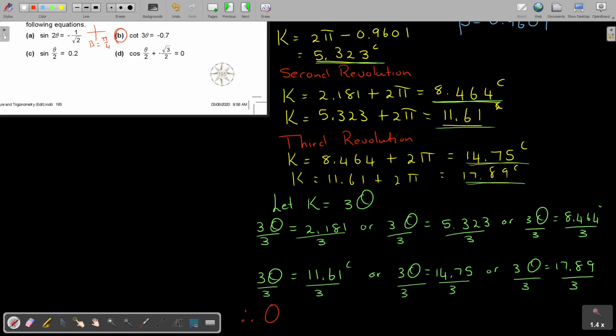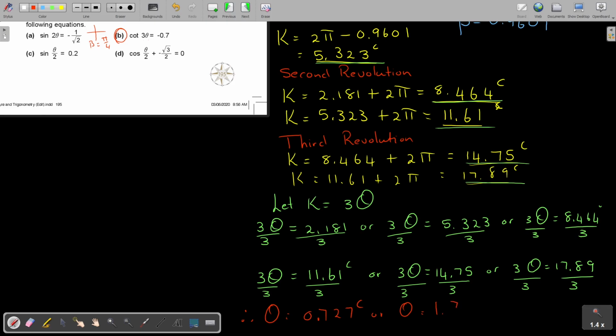Therefore, theta equals, and now I just have 2.181 divide 3, and that's going to be 0.727, or theta equals 5.323 divide 3 equals